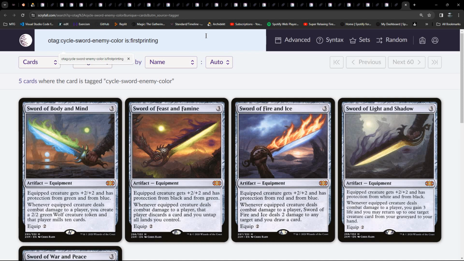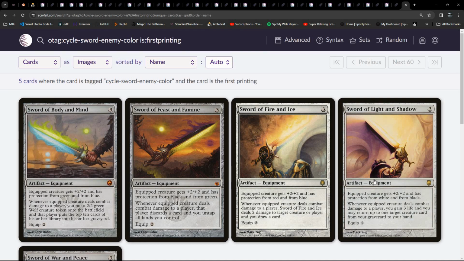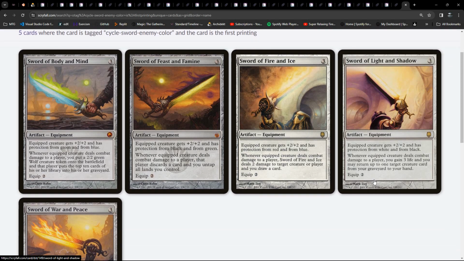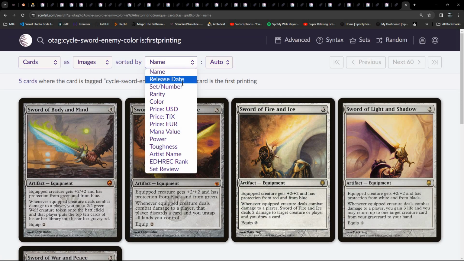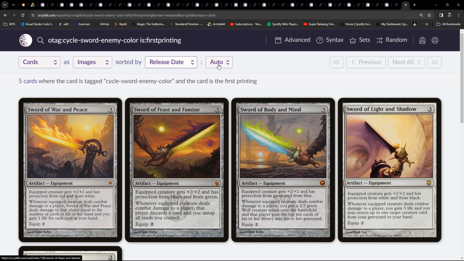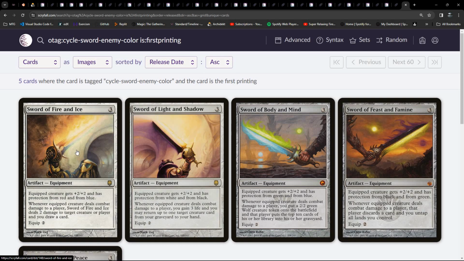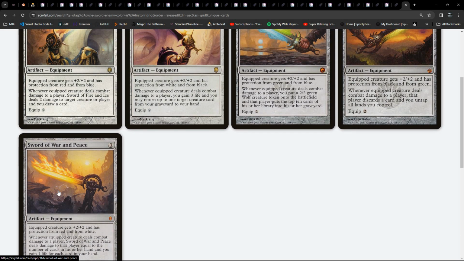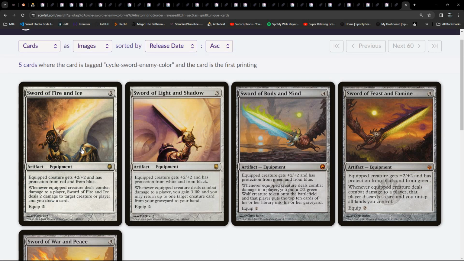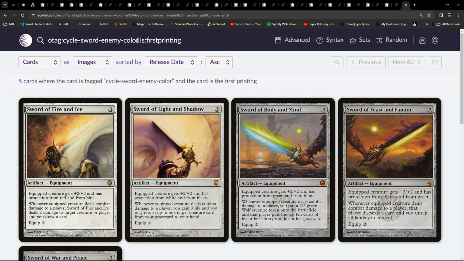If we go out here, and again something I've looked at before, but so there we go. And maybe we do that by release date. Ascending. So there's Fire and Ice, Light and Shadow, and then one printed in Scars, another one in Mirrodin Besieged, and then a third one in Phyrexia. So the first 2 here we've got Darksteel. But as I think I've pointed out before, that combination of